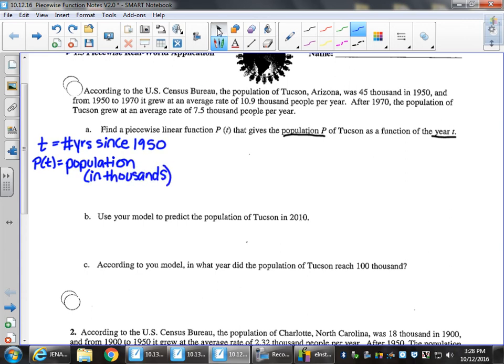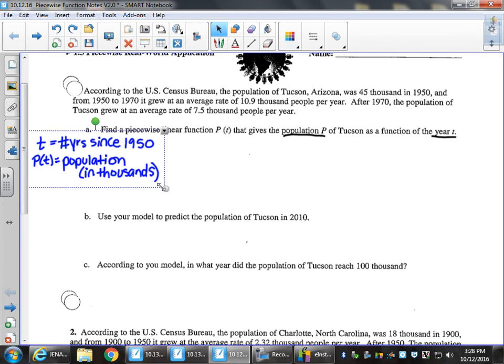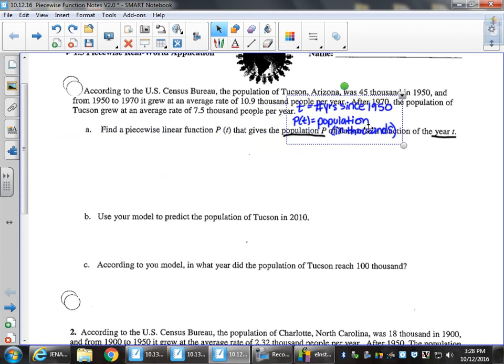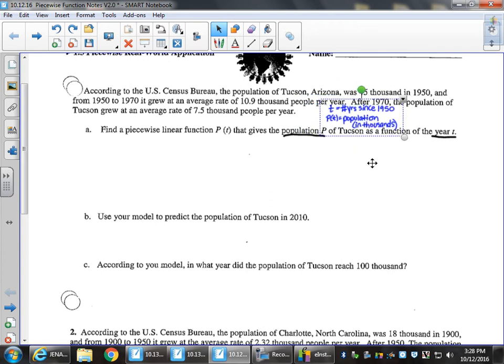T is my number of years since 1950, and P of t is my population in thousands. So when we look for our first piece, we're going to say P of t equals,